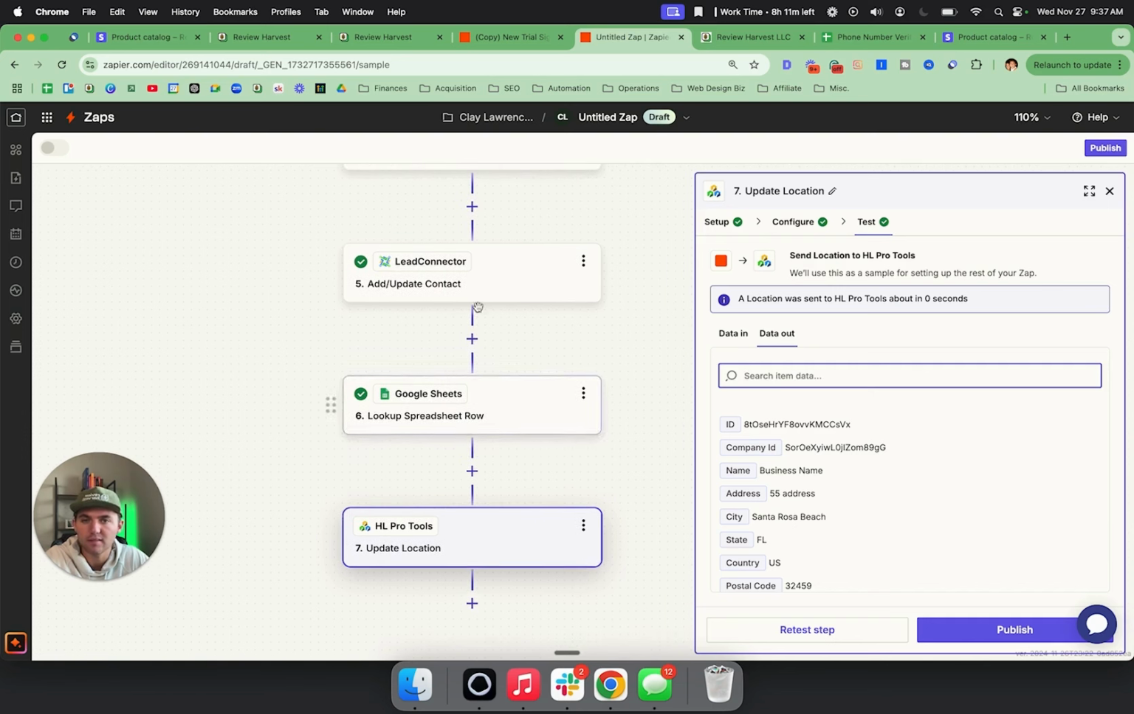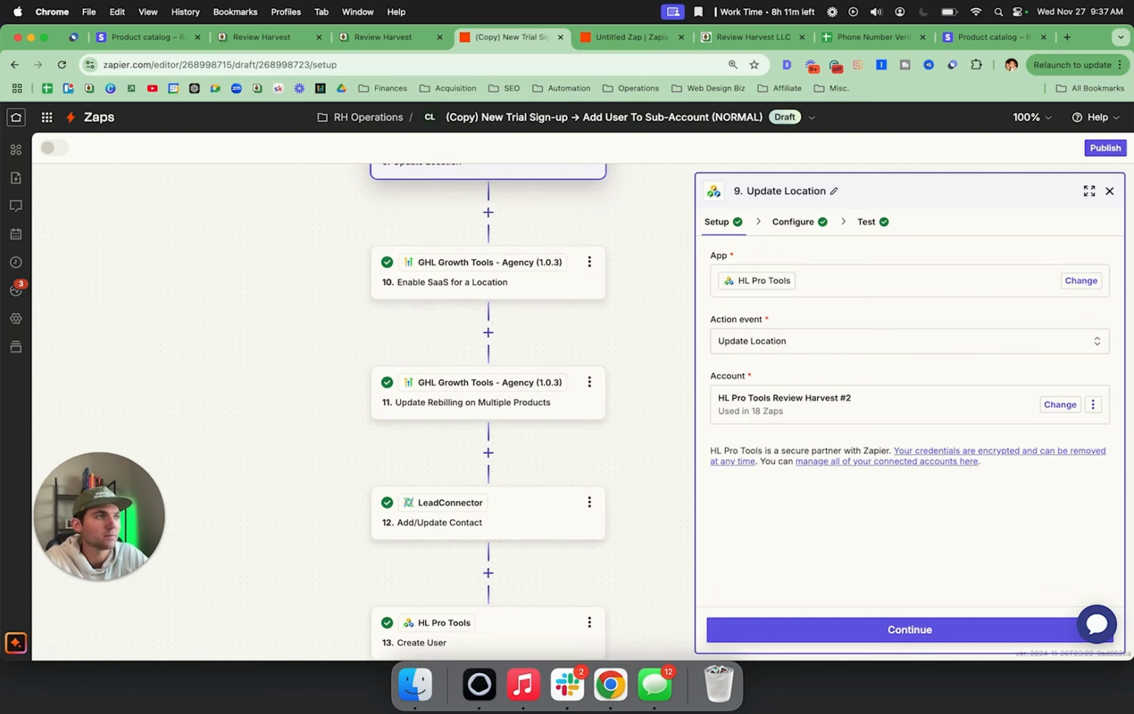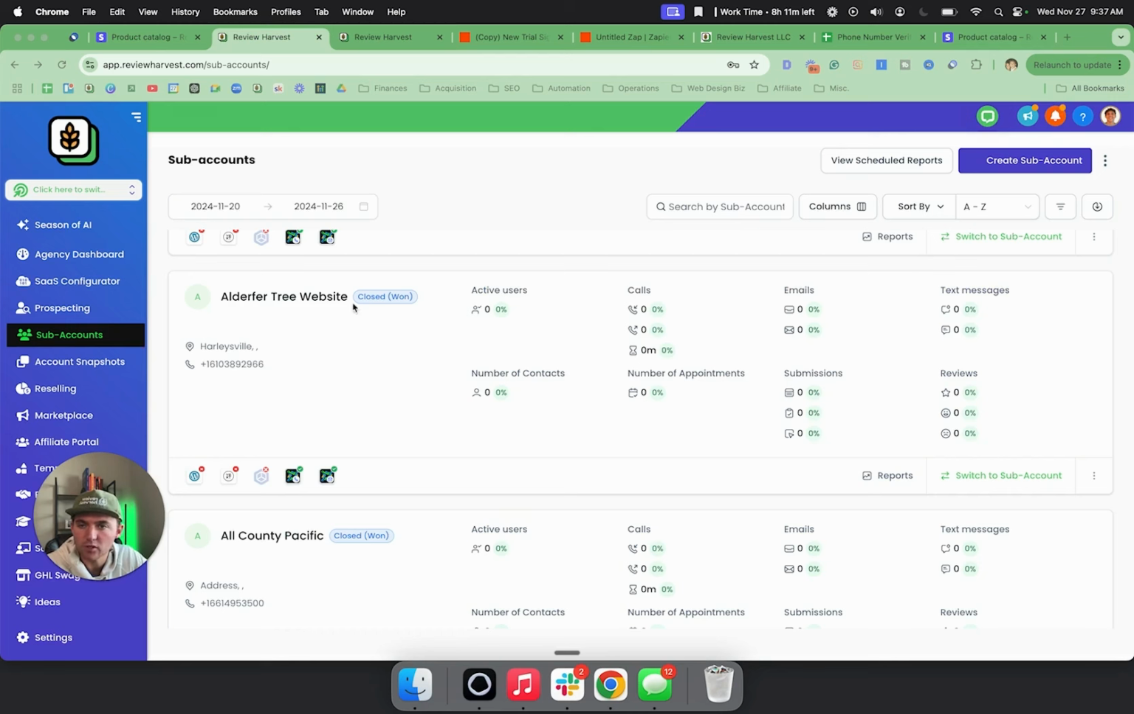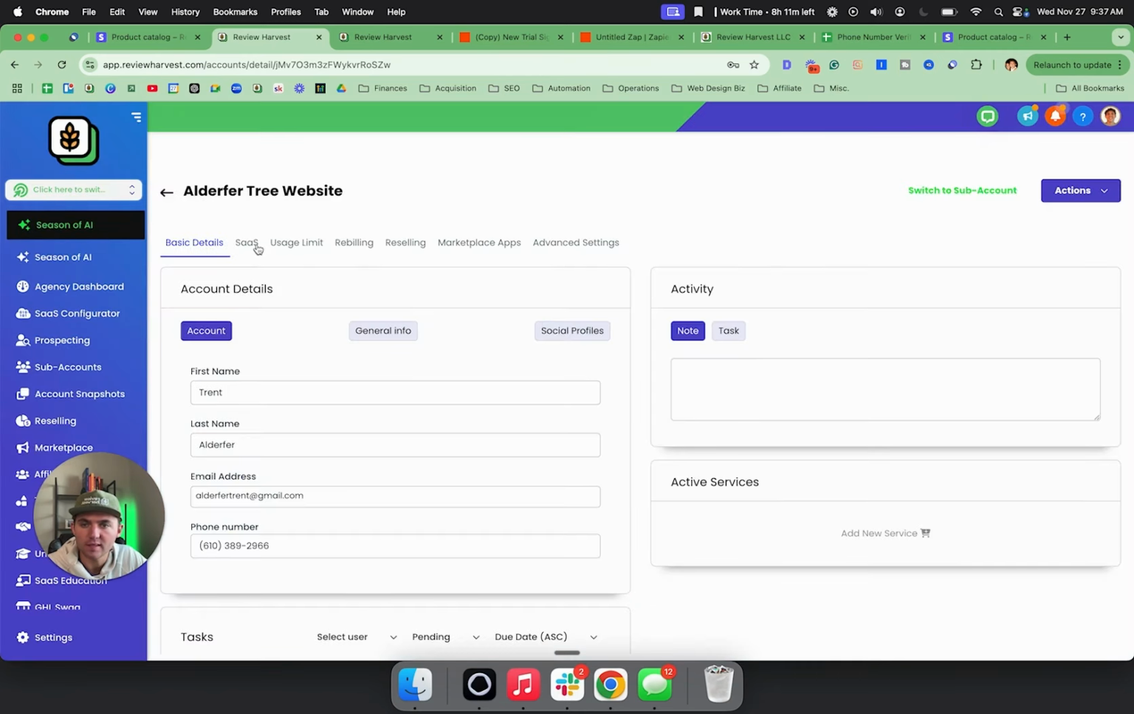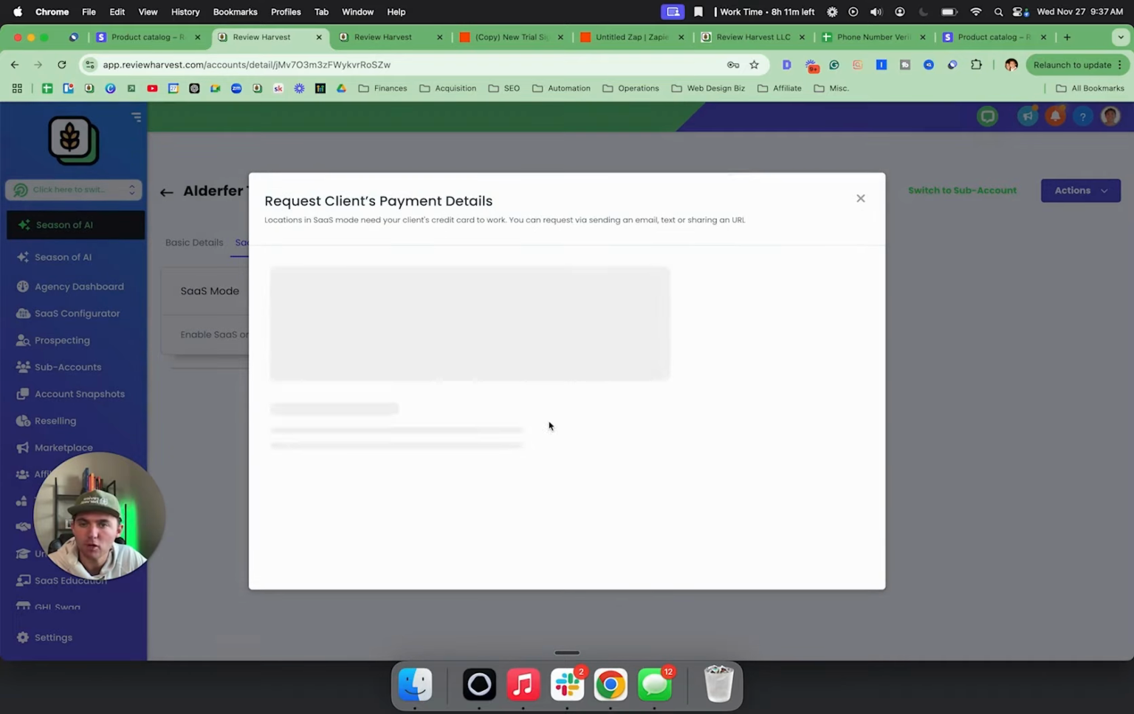And this allows you to automate that process. So what we used to have to do is go find the sub account. We'd have to go manage the client, and then we could let it load here. And then in SaaS mode, we could go ahead and enable SaaS mode, but what we'd have to do is